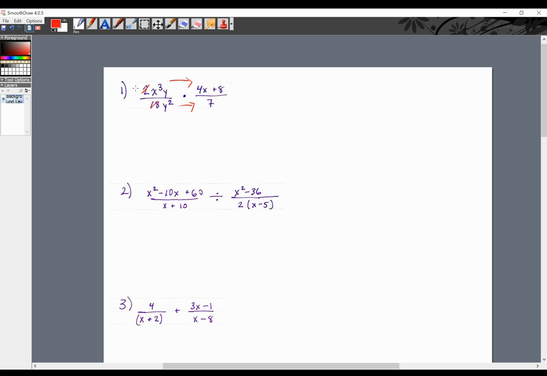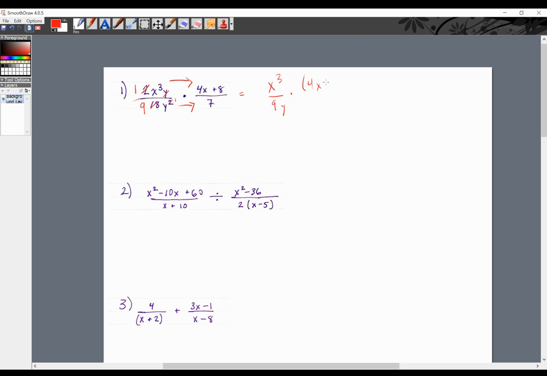So I can divide both of these coefficients by 2. So that becomes a 1. 18 becomes a 9. Looking at the y's, I have a y on top, y squared on bottom. So I can cancel out one y from each. Okay, can't really factor anything with the second expression. So let's see, we're left with x cubed over 9y